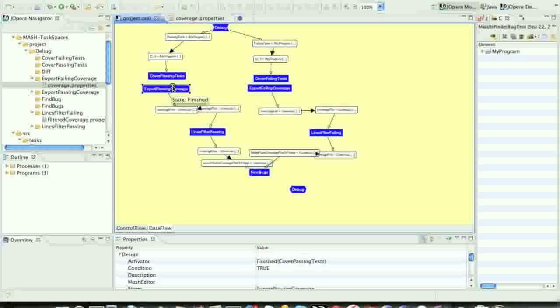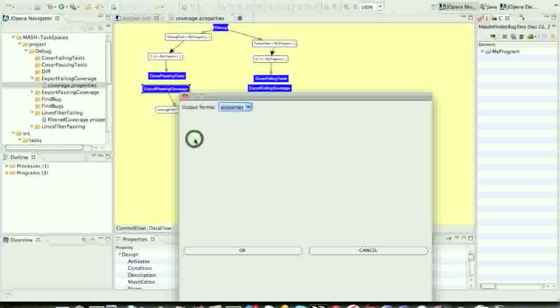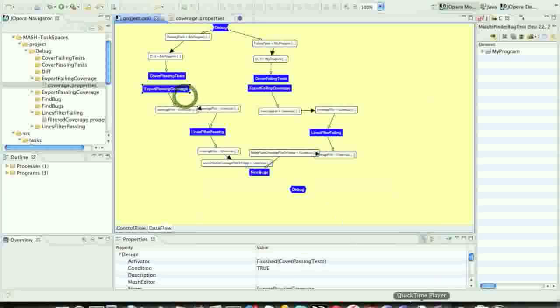What developers can also do is associate a configuration editor. For example, here we developed a configuration editor for the export passing coverage task that allows users to select the export format. Now going back to the presentation,